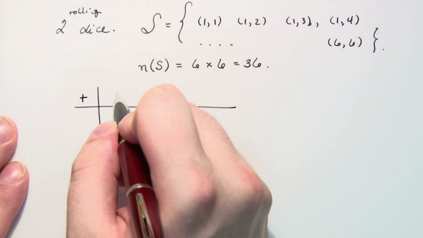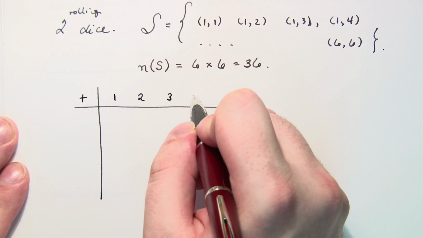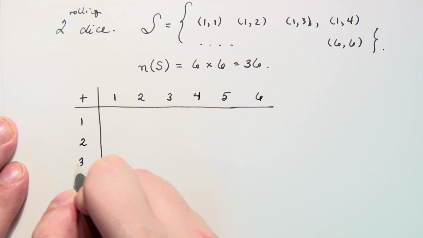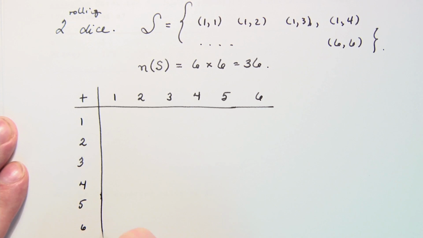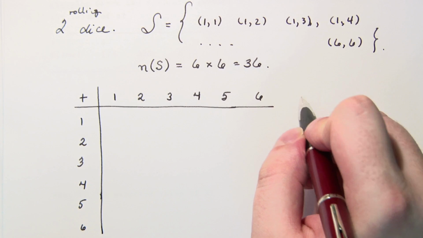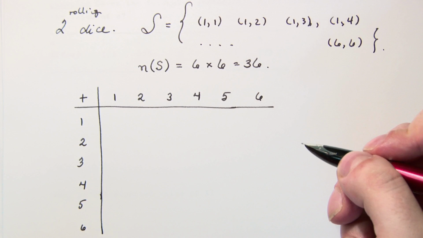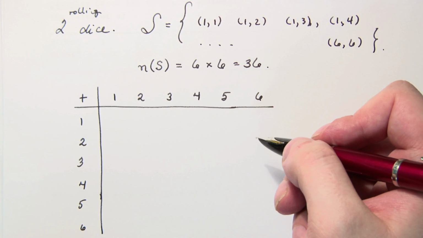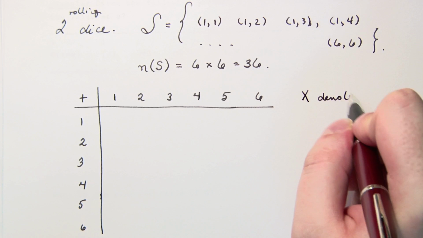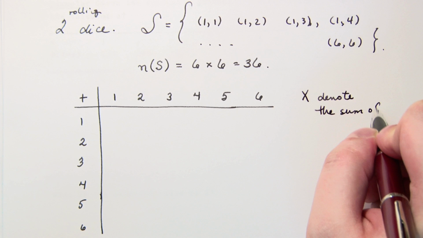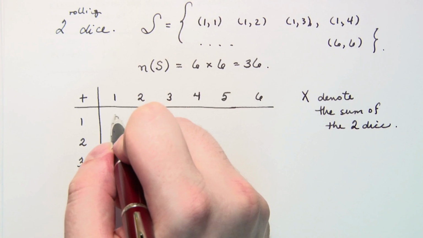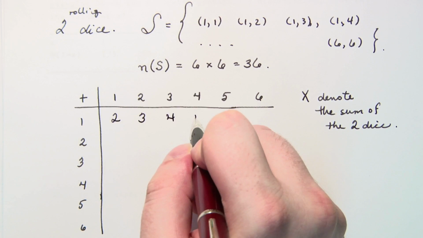I have my 36 outcomes, but again, that craps shooter is interested in what the sum is, not necessarily what the outcome is. So what I could say is, let's let X denote the sum of the 2 dice. So I get, if I just fill in my table here,